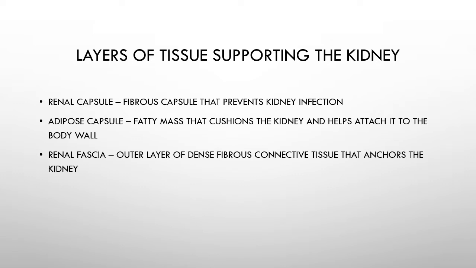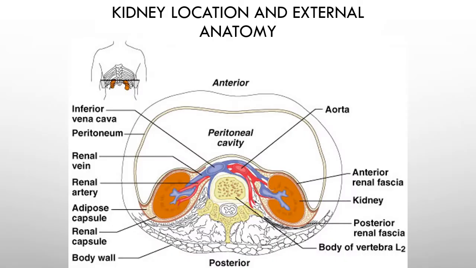This is there for cushioning, basically, as we're doing things like running or jumping or horseback riding, motorcycle jumping, bike jumping, things like that. All of that can put a tremendous amount of force and compression on the kidneys as we're bouncing around. And that adipose capsule is going to help with keeping the kidney there and protected. And then we have the renal fascia, and that's going to help to keep the kidney in its